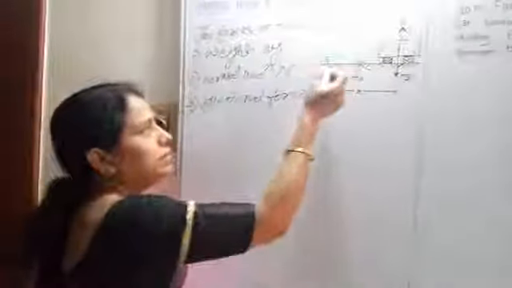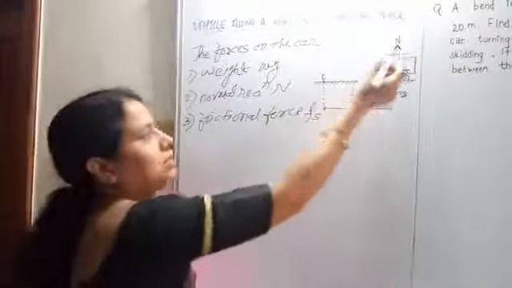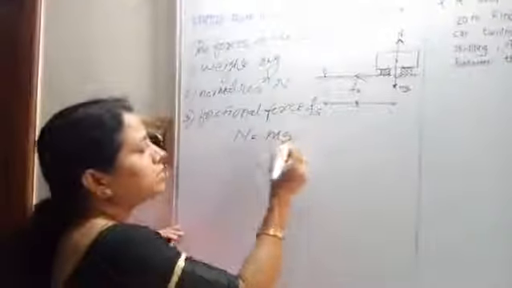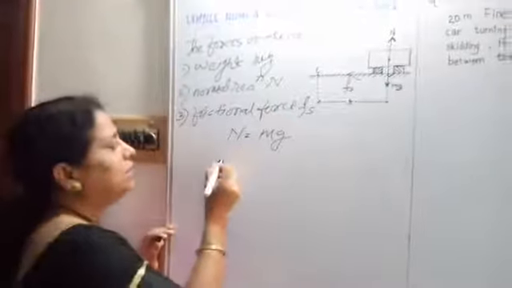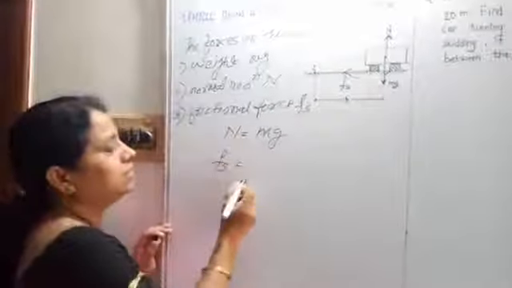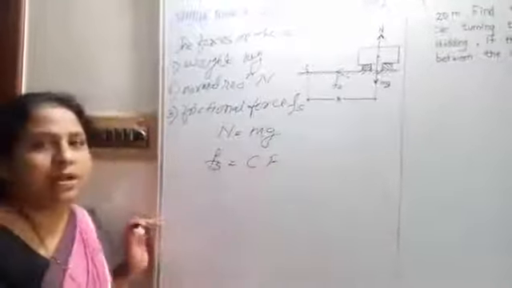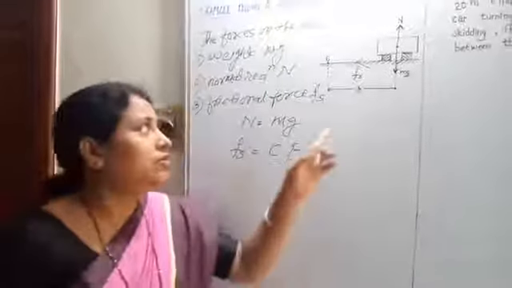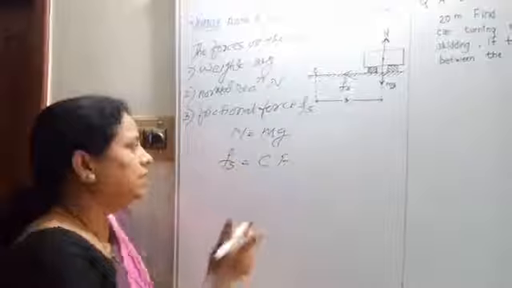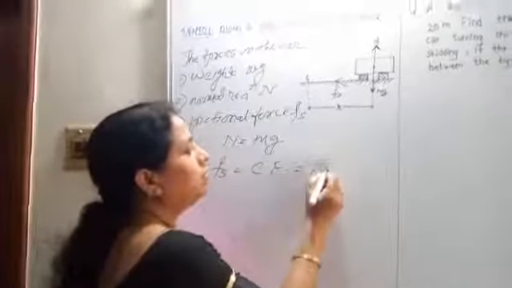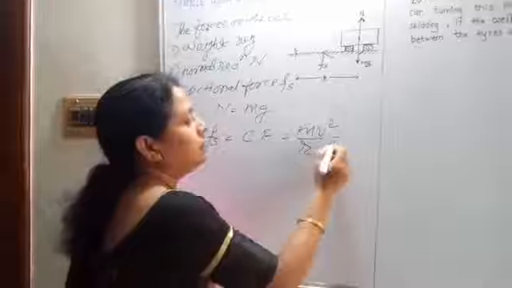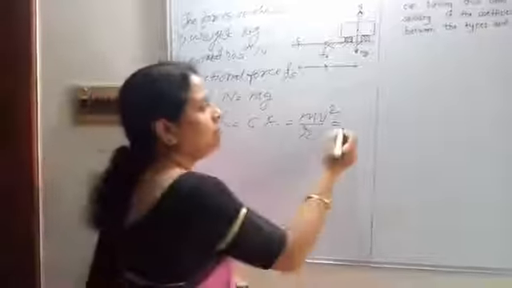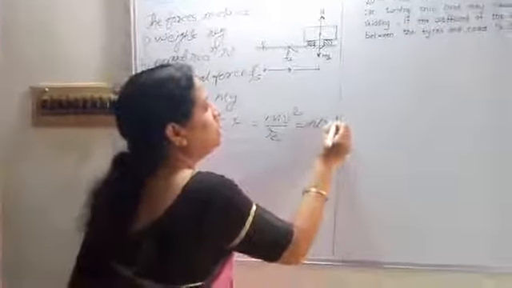Now see here, this force of friction provides the centripetal force, and the normal reaction N is equal to mg. The normal reaction balances the weight, and the frictional force, the force of static friction, we can call equal to the centripetal force. Can you recall the equation for centripetal force? If v is the velocity of the car, then the centripetal force is mv square by r, or if the vehicle is performing uniform circular motion with constant angular speed omega, we can use the second equation, m r omega square.